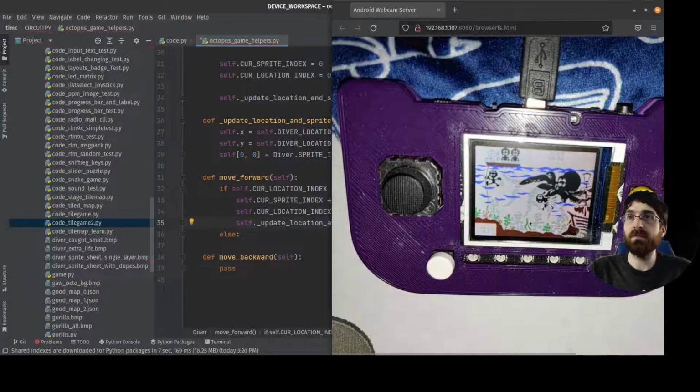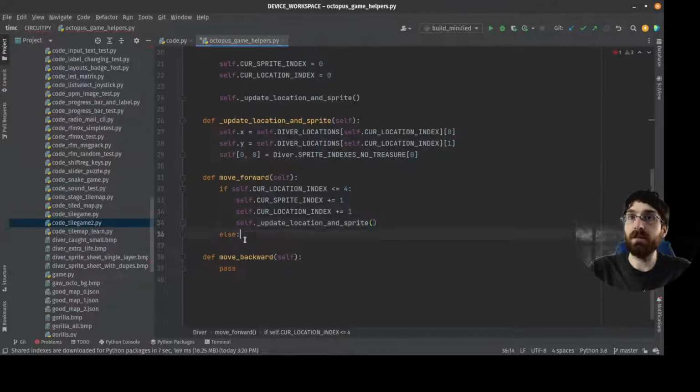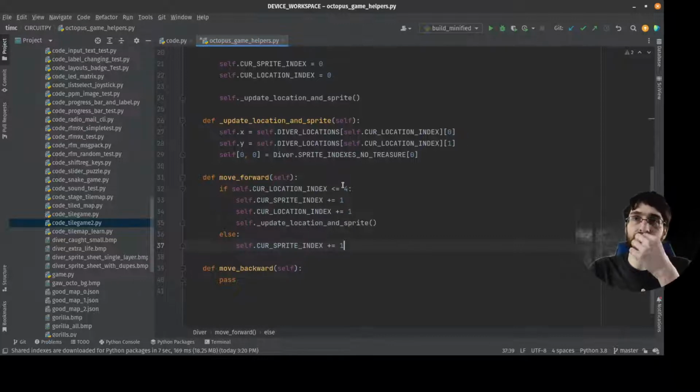So we still want to go up from 3. We are on 4 though. Do this only. Actually, I do think we want 3, and then I think we want